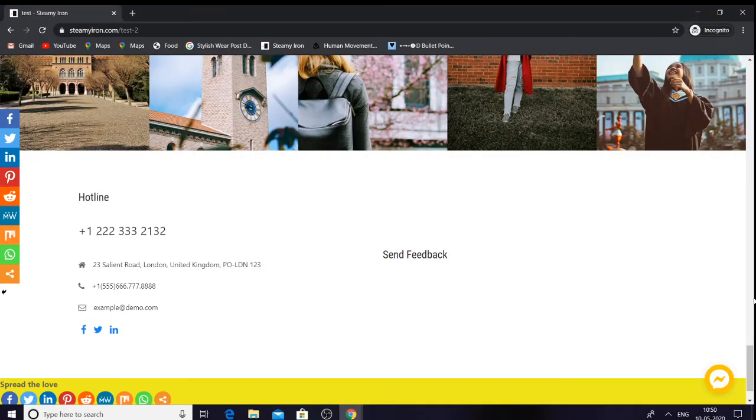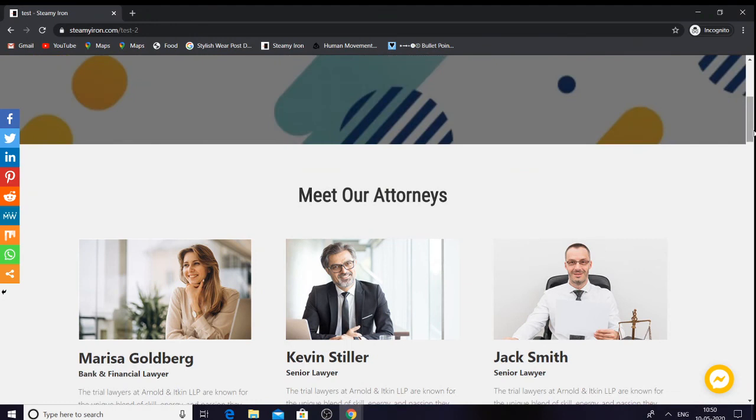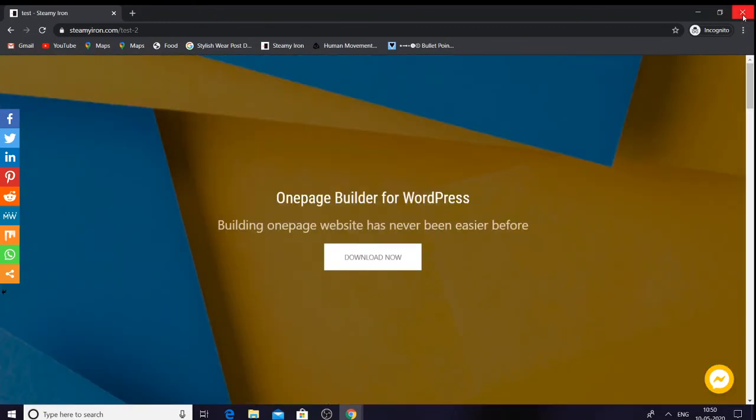So this is all, guys, because when we have a theme we do not get this much customization, this much functionality, this many blocks, and we can easily create a website.